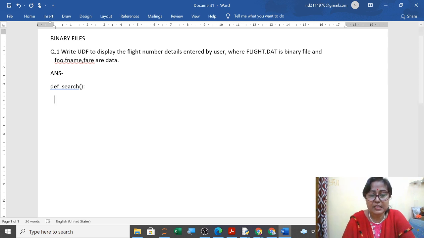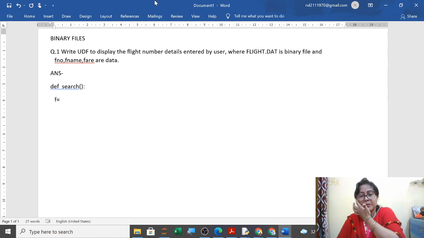Now, what is the first line always in this? Before that, if you want to use the dump method or any other method, you can write import pickle. Now I am simply writing tab, and then I will open the file. Search means you will open the file, so any one method you can write.